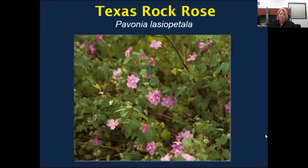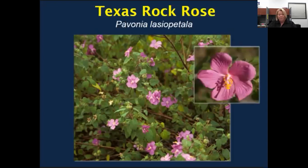Texas Rock Rose, originating in the dry, rocky woods and riverbanks of Texas. So of course it is drought tolerant and not too picky about soil, or it will also tolerate irrigated areas. It ranges from 1 to 4 feet tall and about 3 feet wide. The flowers are a miniature rose that open in the morning and close by early afternoon, like most